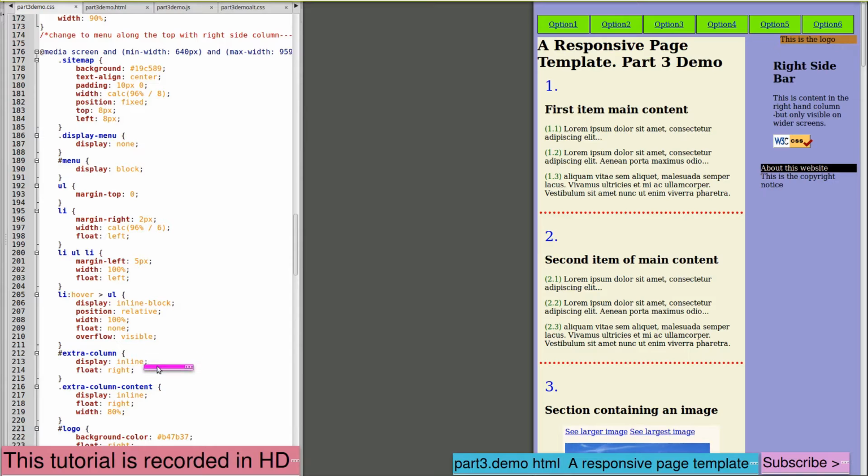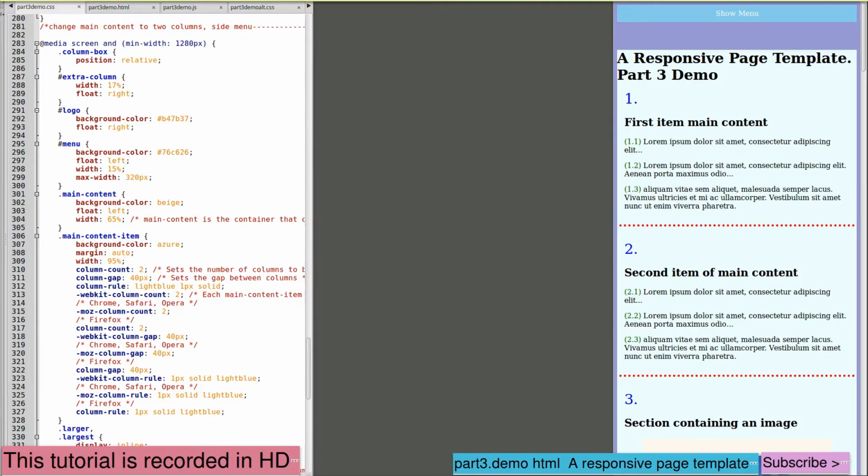We've displayed our extra column on the right, and we've floated the content to the right. So here's the extra column on the right. Here is our menu along the top. The main content is still within a single column. The main content occupies a single column,